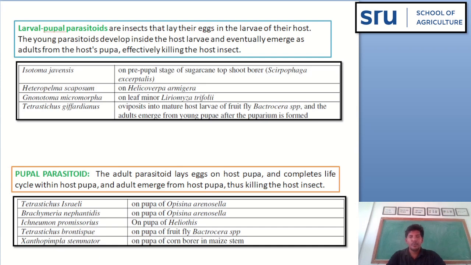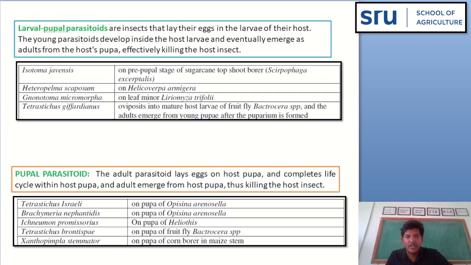Next, larval pupal parasitoids. Here, the parasitoid lays eggs on the host larvae. They feed and develop on the host larvae and emerge from the pupal stage. Like that, they kill larvae as well as pupae. So, larval pupal parasitoids are insects that lay their eggs in the larvae of the host. The young parasitoid develops inside the host larvae and eventually emerges as an adult from the host pupae, effectively killing the